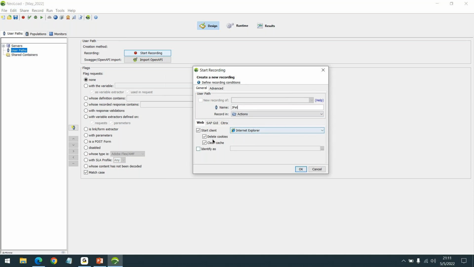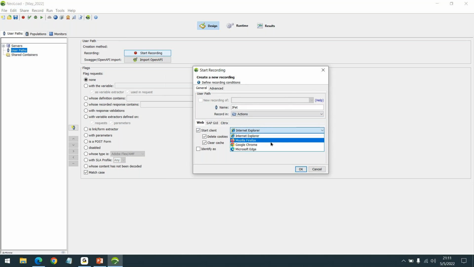There are various options here. We are going to discuss only the web protocol. SAP GUI or Citrix is not included; it's out of scope. And the client is just the browser. If I click on this drop-down button, these are the different browsers available in my system.